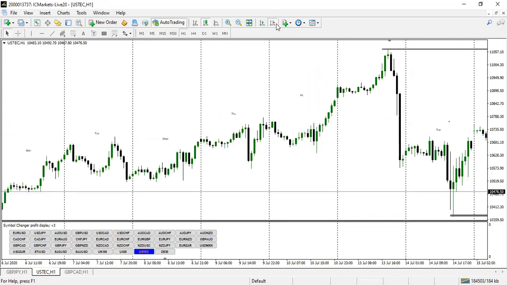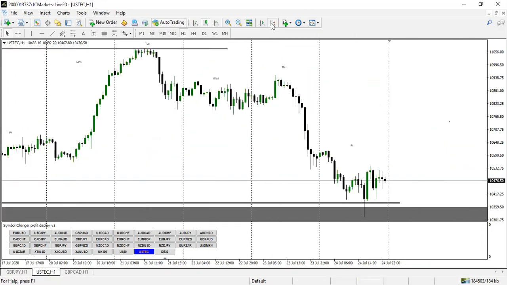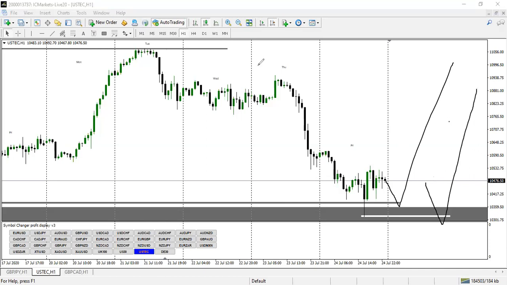Then on the 1 hour time frame, this is what we might likely see. Just like what we saw in that area, it's possible the market will come back and take out this low. Then it's possible the market will give us something like this and go higher, or give us something like this, take out that low and go higher. We have a liquidity pool here that should be taken out. So this is what we want to see on all these pairs.